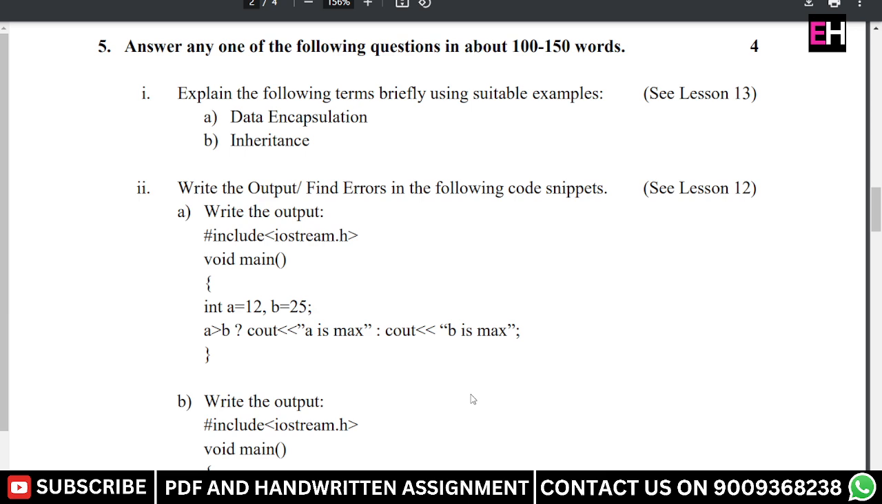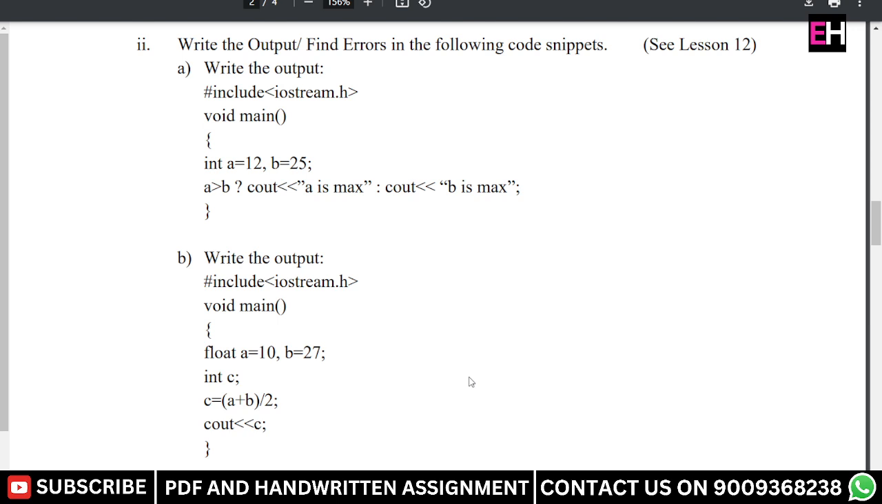In this video, we are discussing question number 5b. For this, write the output, find errors in the following code snippets. So here is A, write the output, include iostream.h and here are some codes, A, B, and